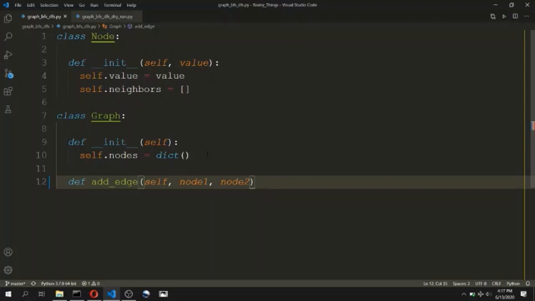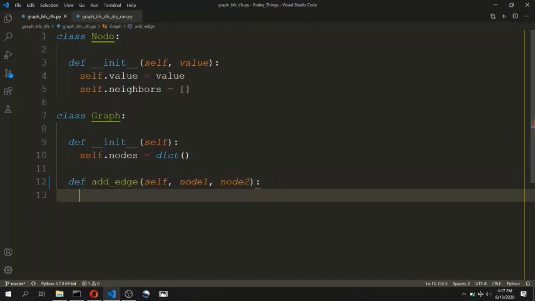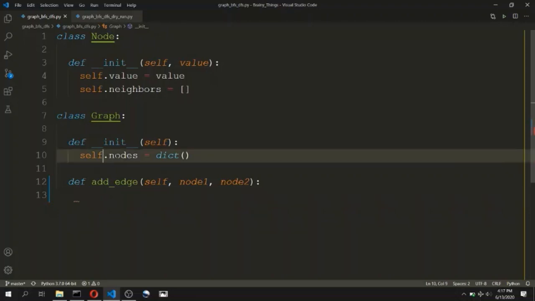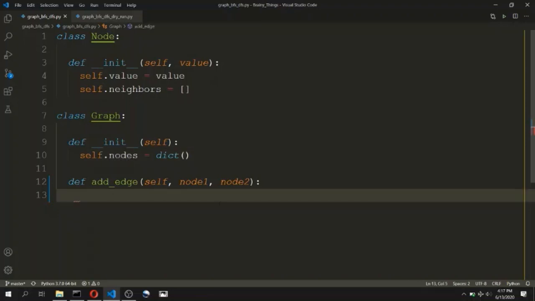Here, node1 will be the source of the edge and node2 will be the destination of the edge that we are adding by this function. Here, node1 and node2 will be the integer values that will identify the actual node objects, that is, the keys of this dictionary. First, we will check if the node1 is present in the graph's nodes or not.